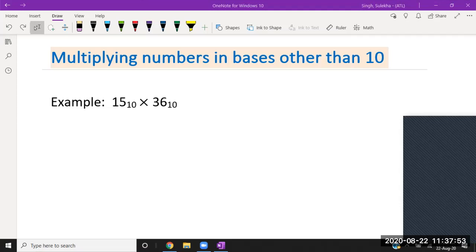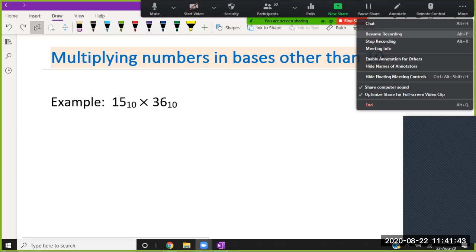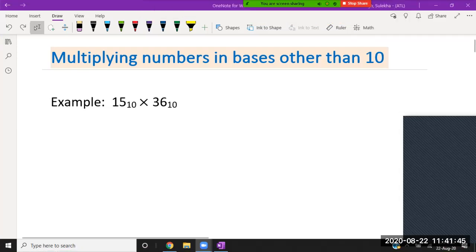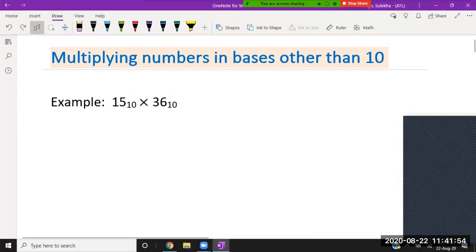The thing is, you already know about base 10 multiplication. Since your first and second standard, you have been multiplying huge numbers like 10-digit or 8-digit numbers. So multiplication is very simple and you already know how to multiply two numbers.